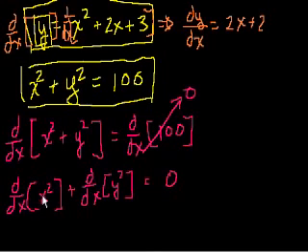And what's the derivative of x squared with respect to x? Well, we did that up here, right? When we took this derivative, we just took the derivative of each of these terms. The derivative of x squared with respect to x, well, that's just 2x. So we get 2x